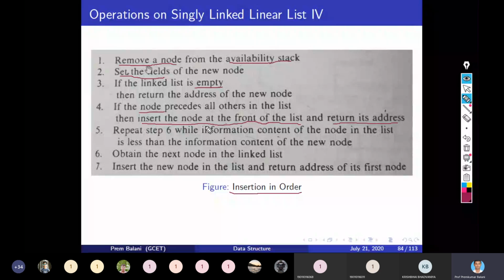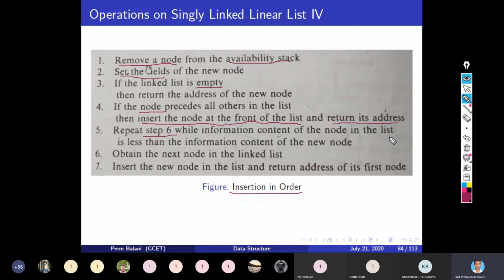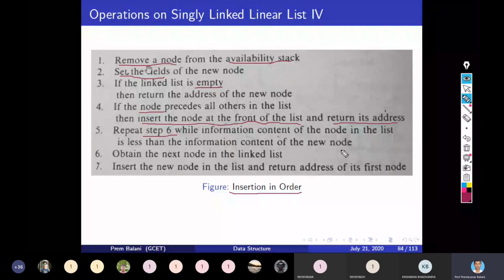If this is also not the case, then you have to traverse through the linked list until you get the proper place where you can add this node. For that you have to repeat step 6 while the information content of the node in the list is less than the information content of the new node.